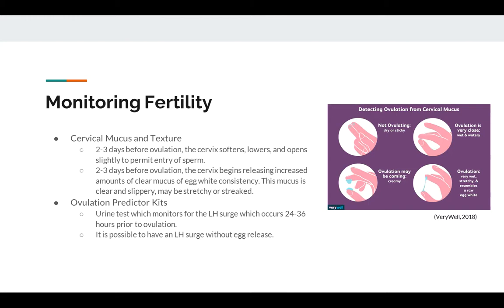However, ovulation predictor kits that monitor LH will not help you to avoid pregnancy, because it's possible that if sperm is already in the area for 5 days before that LH surge, a conception will occur. Okay, so those are some of the fertility monitors that are available. There are actually others, and you might look into some of those in more detail.